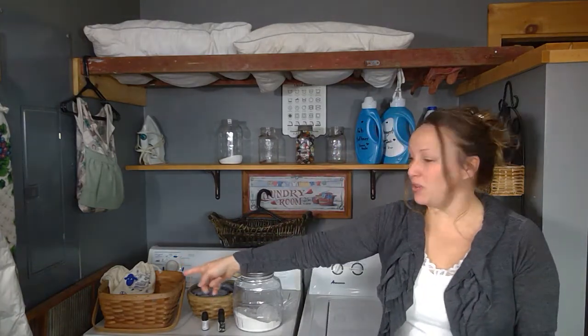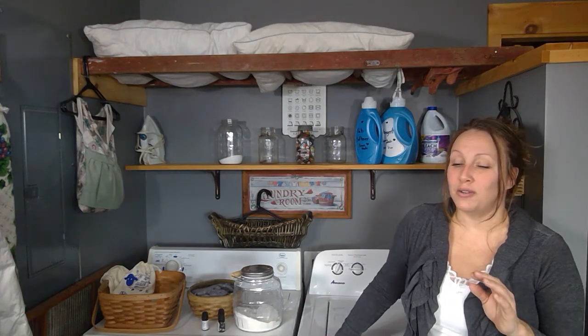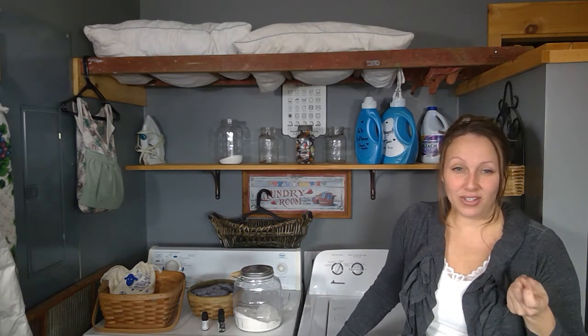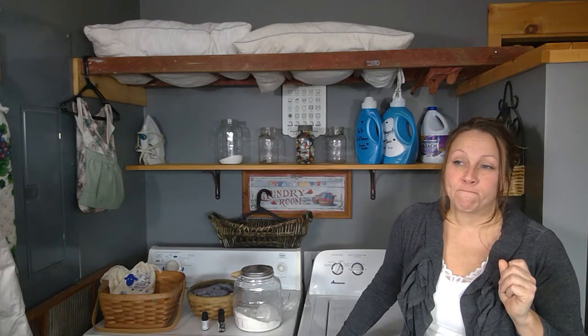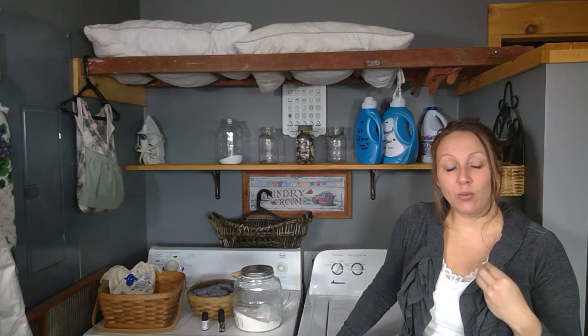And then, you can see our washboard over there if it ever comes down to it. We had a washer breakdown. That's something maybe we could discuss as a little freebie. I'd like to give freebies at the end of the videos, or at least I've started doing that. So your freebie for today's video, if you're thinking about buying a washing machine, some people might disagree with me on this, but I would like to get a hand